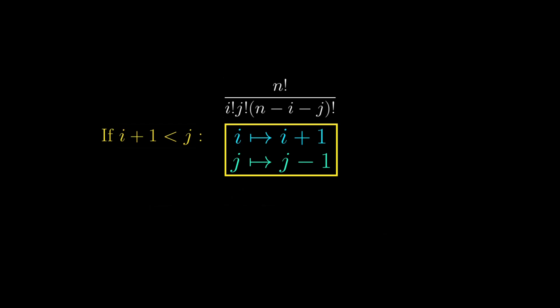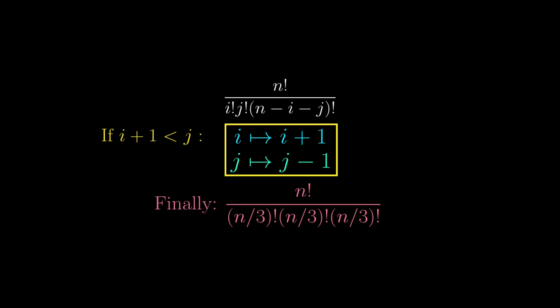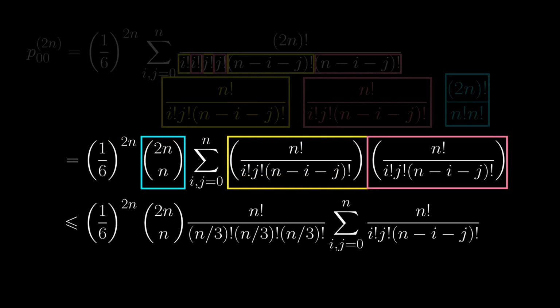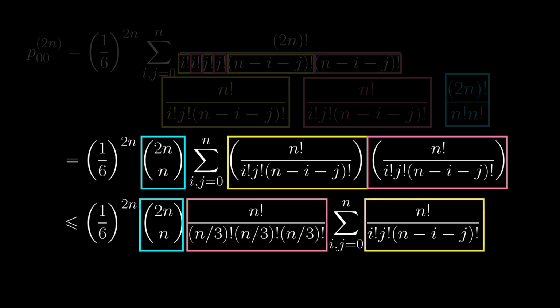By repeatedly applying this equalization, we will eventually end up with the denominator being as equal as possible. This will be the largest possible value out of all expressions of this form. What we have shown, therefore, is that we can overestimate the summation by replacing the red box by equalizing the denominator, and the other terms are still intact.